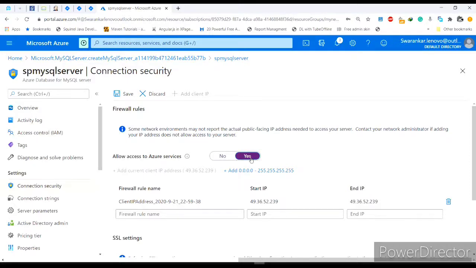So I just click on yes and save this setting. Yeah, so my firewall rules are successfully updated.